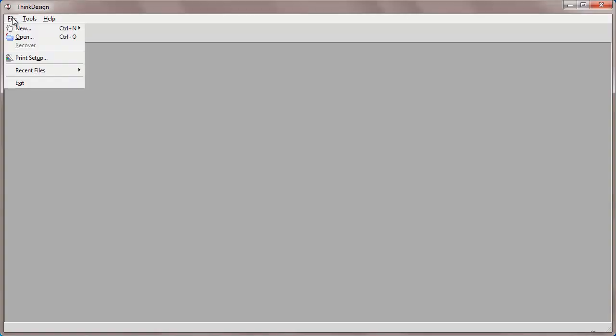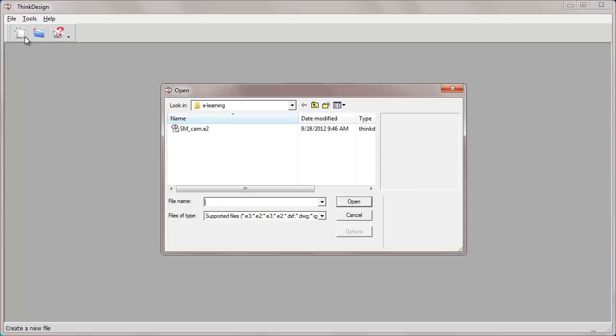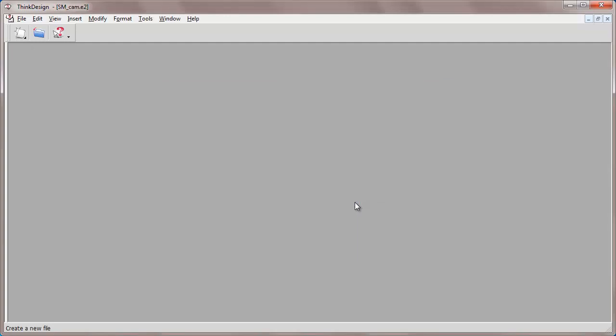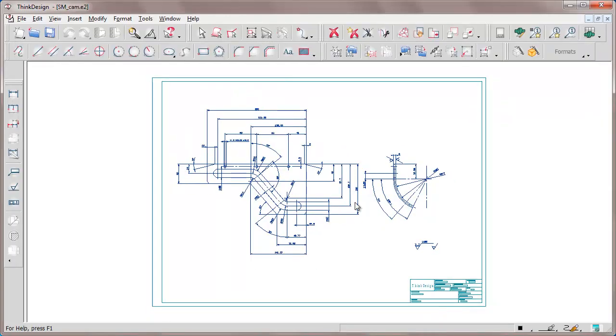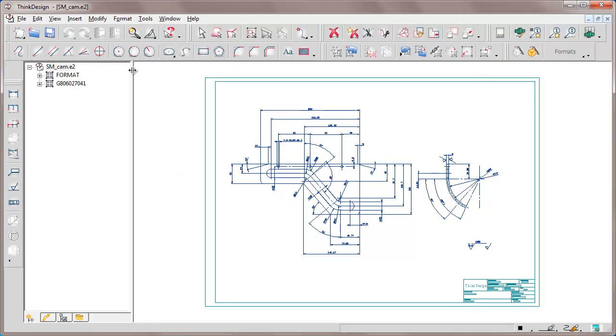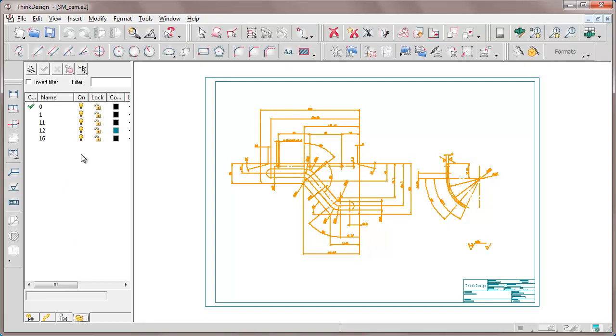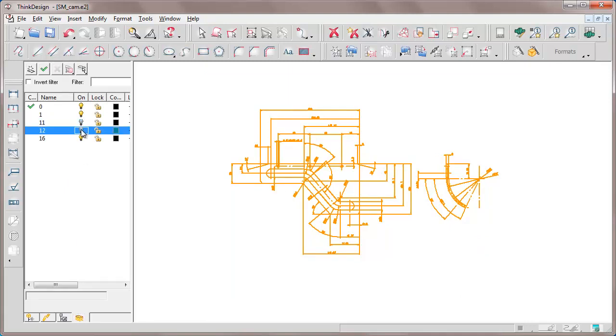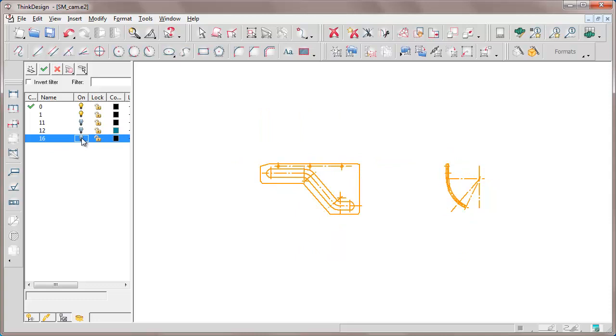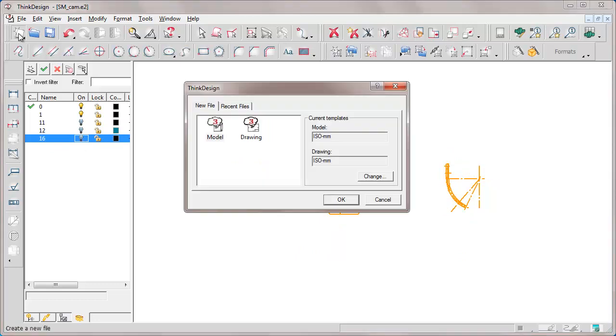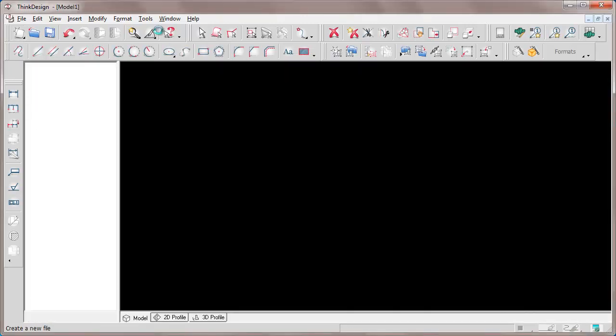In this e-tutorial, we will examine different ways to use the bidimensional elements of a drawing to create the corresponding 3D model. In the first example, we start from a drawing of a sheet metal bended object. We have a developed view and side view. In the drawing structure, we can see the groups. In the Layers tab, we can turn off the visualization of some layers. They contain the entities useless in the 3D environment, as dimension, text, and so on.